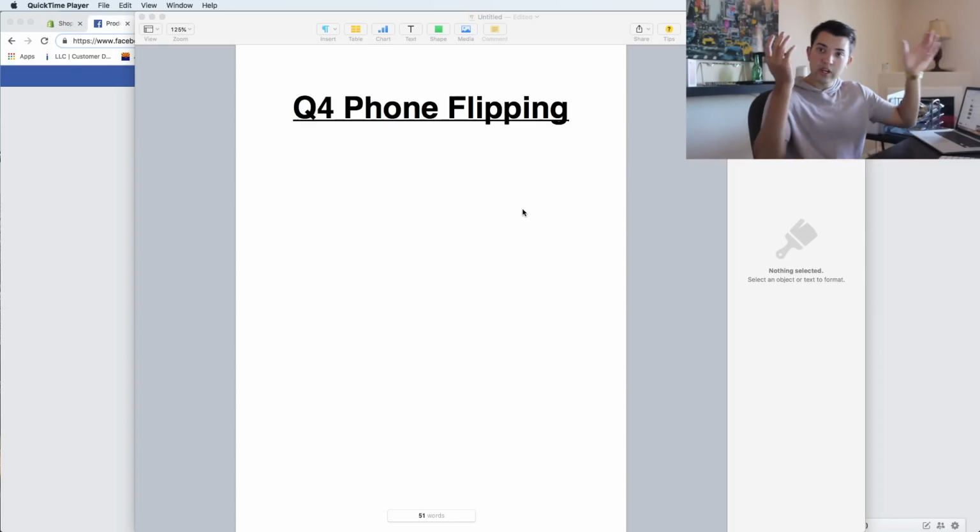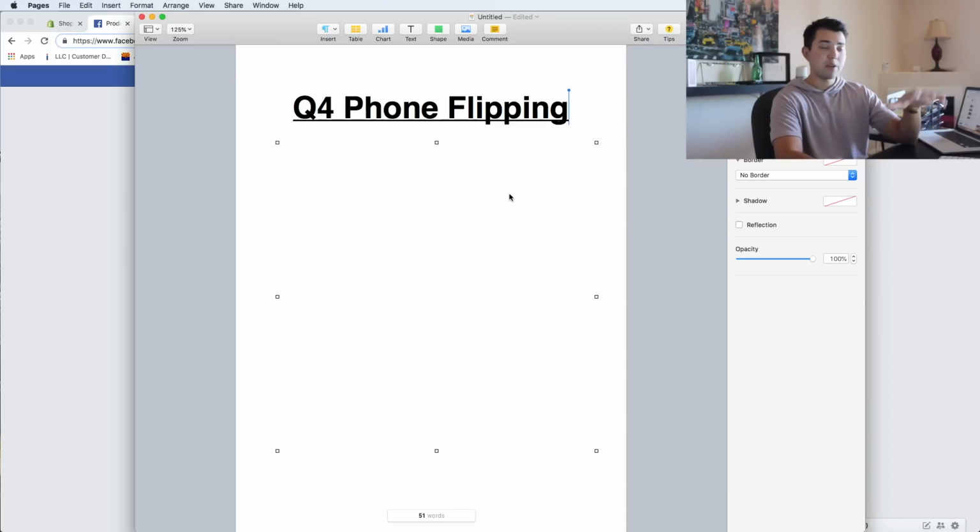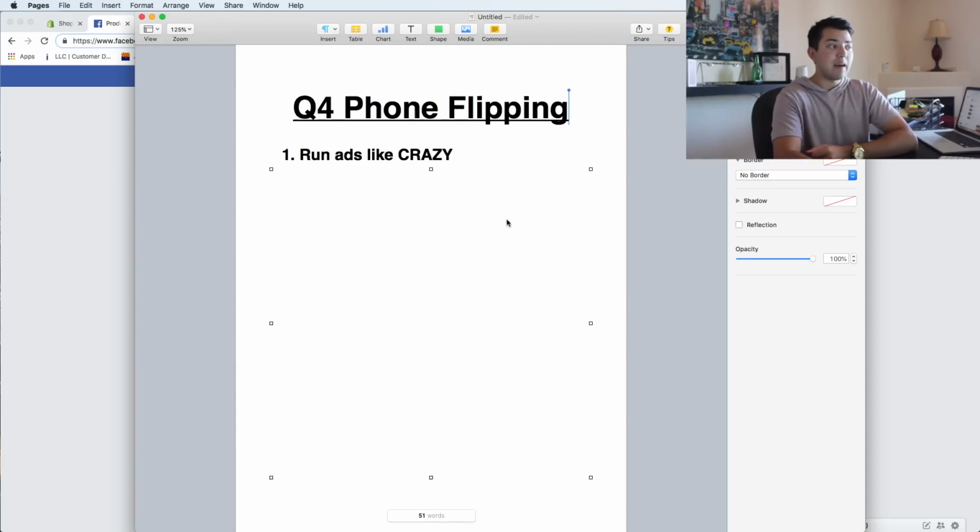So as you guys can see here, we are now on my computer. I thought it'd be a little bit better to have this sort of visualization for you guys. Write it out, and if you guys want to screenshot this at the end, I already wrote the points, I just have a picture over here. I'm going to go point by point through the things you need to be doing in order to take advantage of Q4 to the fullest. So with that said, we'll get right into the first point, and that is actually running